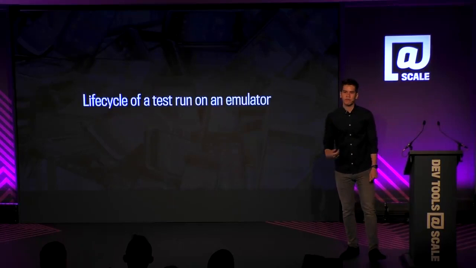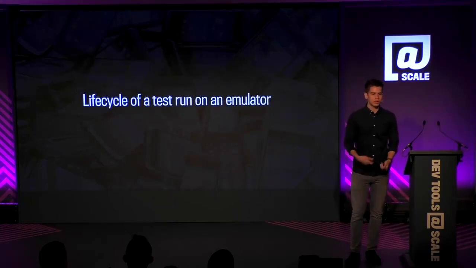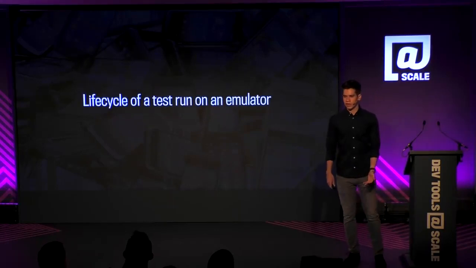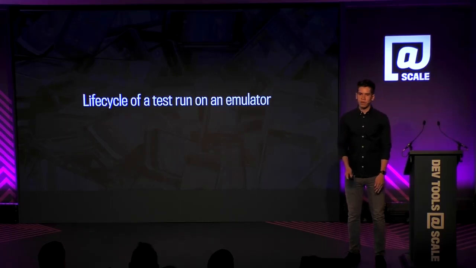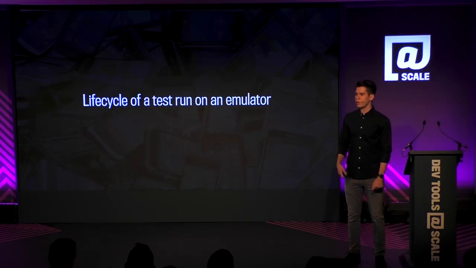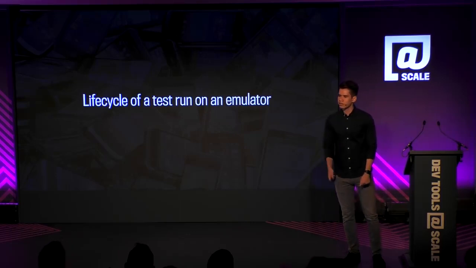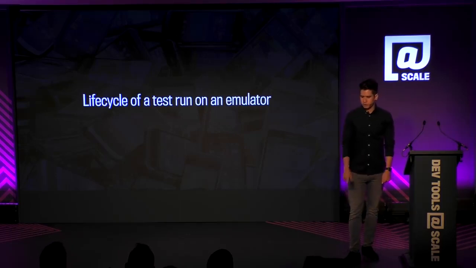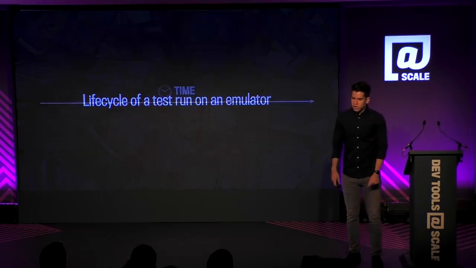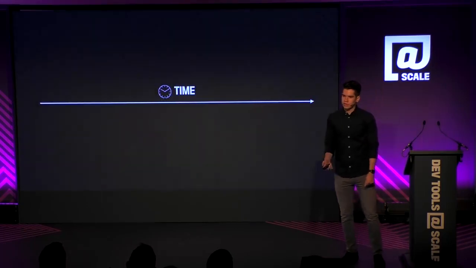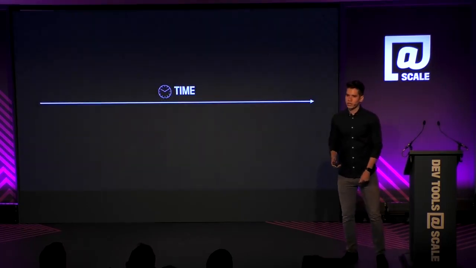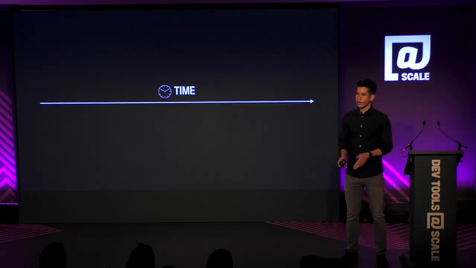I will assume not everyone here is familiar with the life cycle of a test run for an end-to-end test application. So in this example, I'll take a look at how it works on an emulator, but the same concept could be applied to a browser, a device, a simulator, or anything else. When we are talking about end-to-end testing, we also want to make sure that after we finish running test A, the result of test A is not going to impact the result of test B.